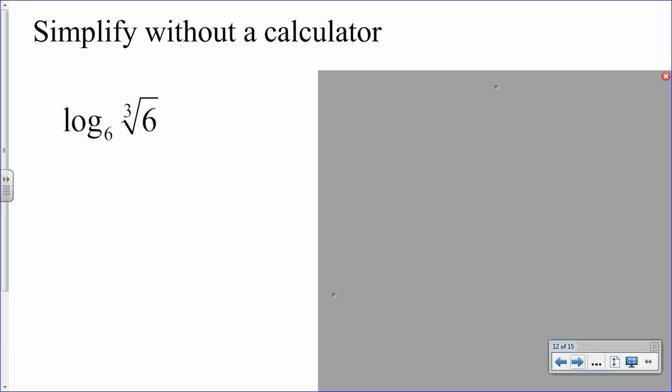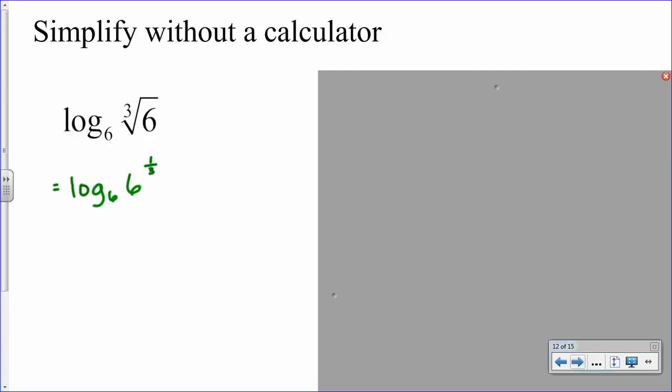So I see log base 6 and I see a 6. So I'm thinking somehow I want to get those to cancel. But the 6 isn't by itself. So like I said before, if you see a radical in a log, write it as an exponent. So that's log, I don't know why I wrote a Q. Log base 6 of 6, and then cube root, the exponent is